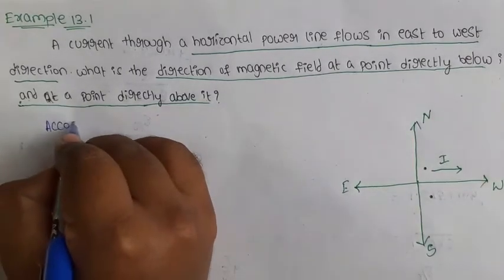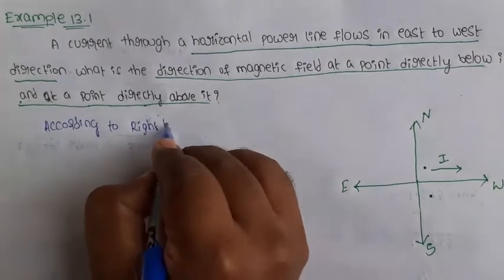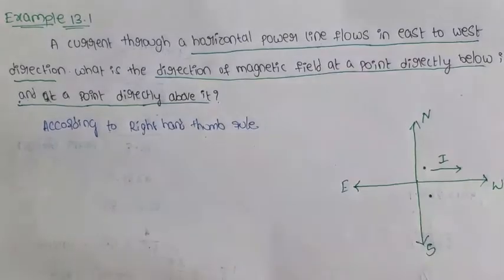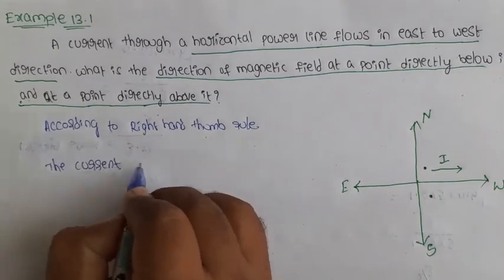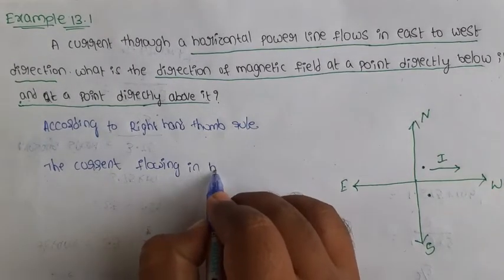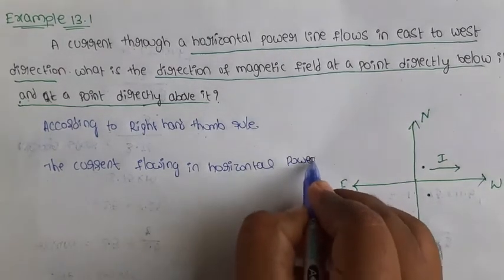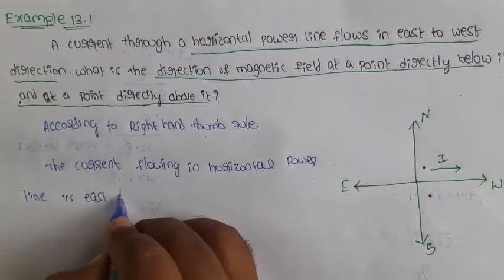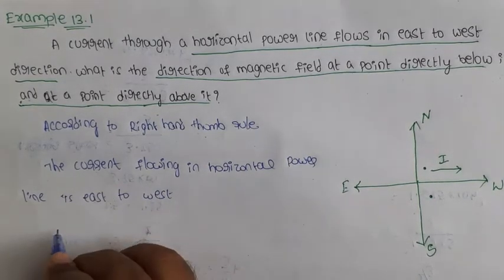According to right hand thumb rule, the current flowing in horizontal power line is east to west direction. At this current direction,